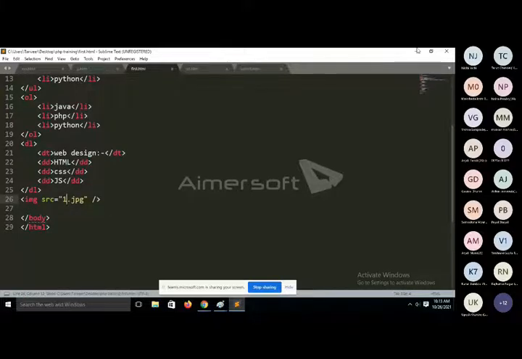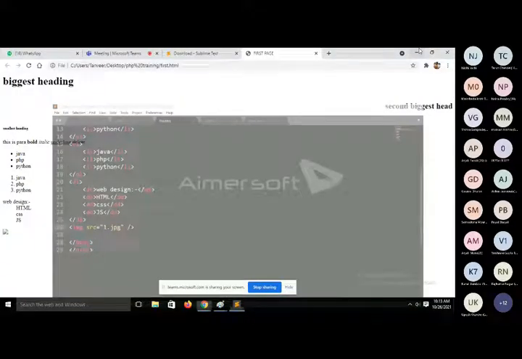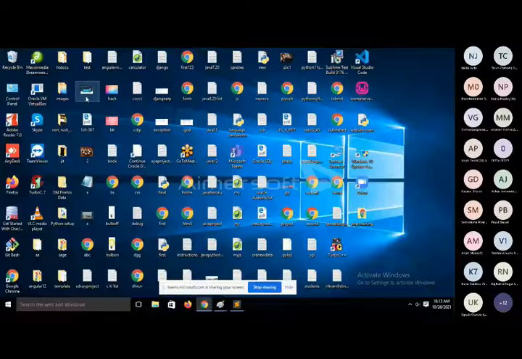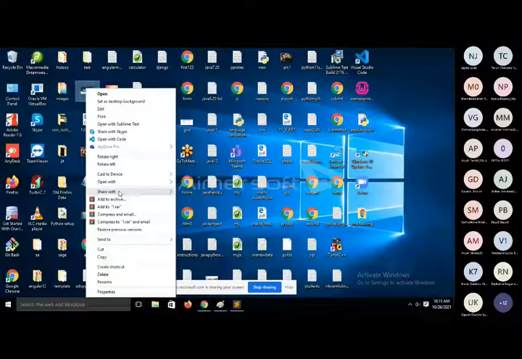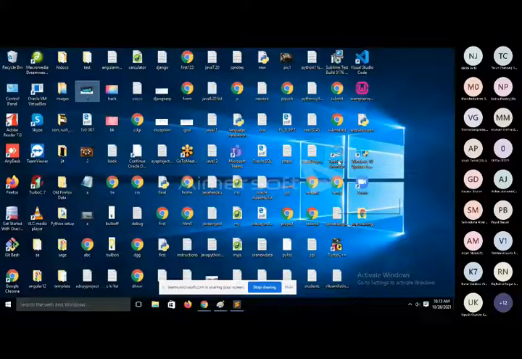So first of all, you have to put your image in the PHP training folder, or if you do not want to put the image in the PHP training folder, then the second thing you can do is this, here, here.